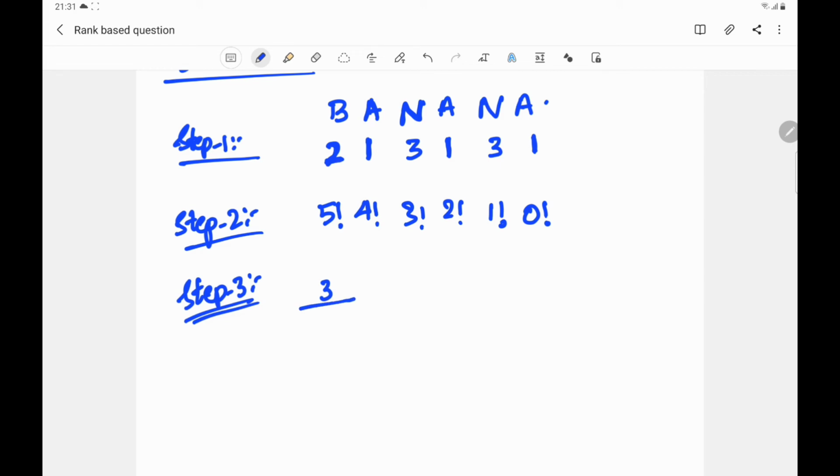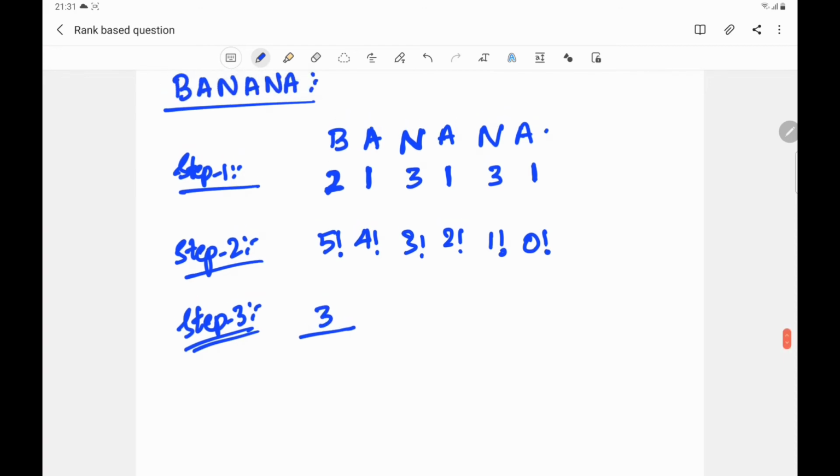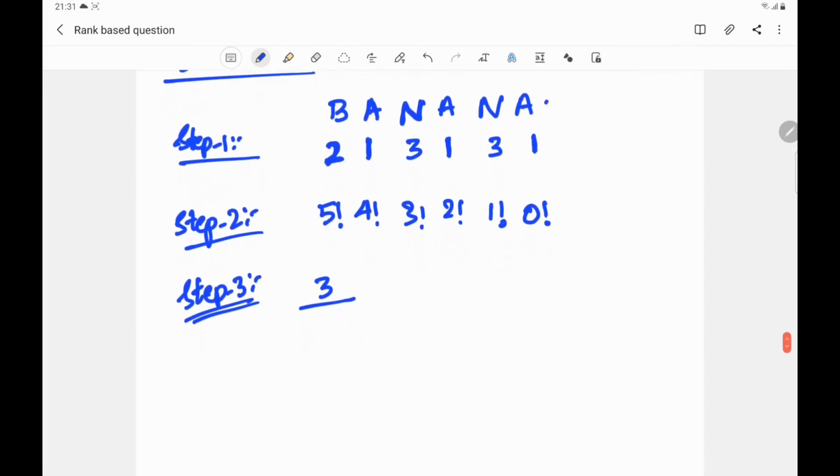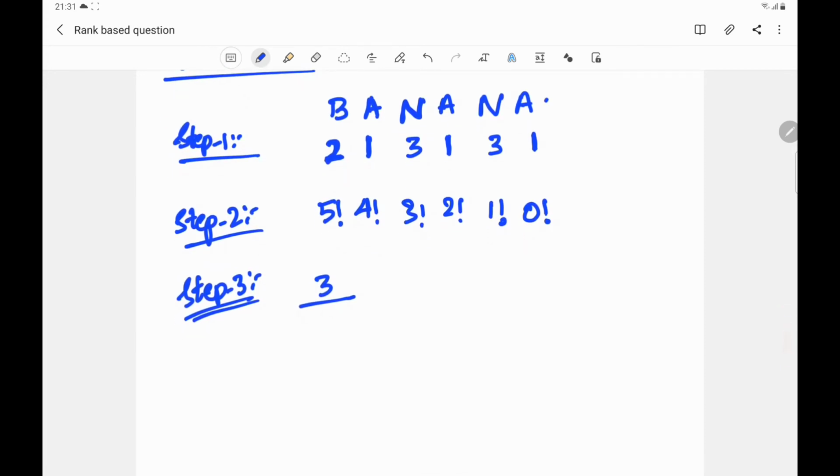Now after writing till here, this step is the same as in the words where the letters were not repeated. Now there is a change. After writing this 3, just divide that by the factorials of the repeated items, to the right of 2 and including 2. So take these 6 things and see how many things are repeated. 1 is repeated 3 times, write 3 factorial, and 3 is repeated 2 times, write 2 factorial. That's it. You have to include 2 as well.